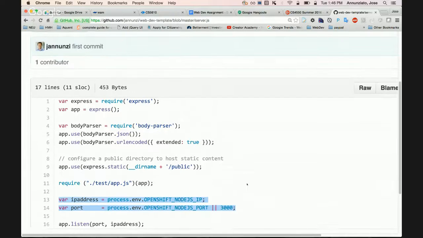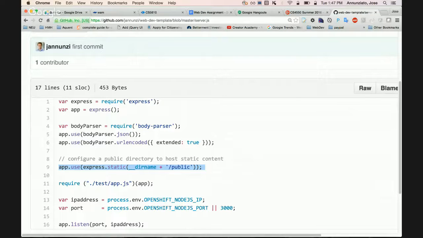Another thing that is configured here is this other line over here that says app.use directory name public. What this is doing is declaring a local directory called public, right, where you're going to host anything that is static, right? Any static content can be served from that particular directory.